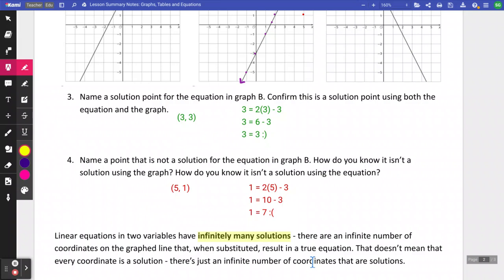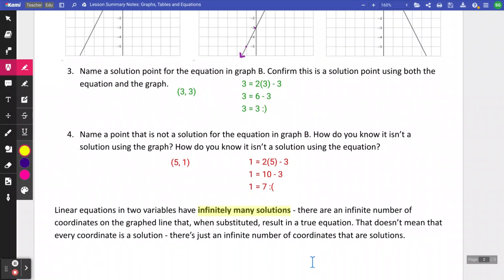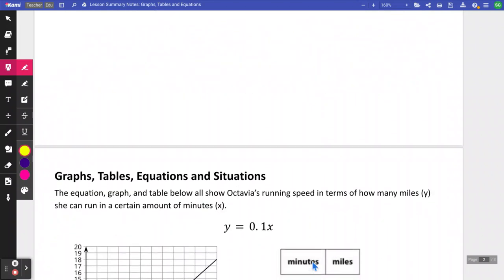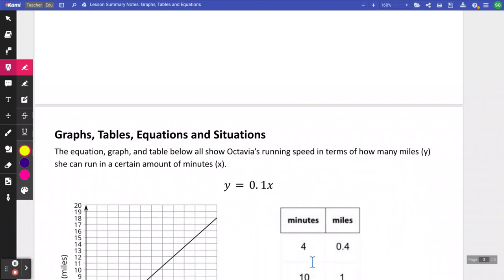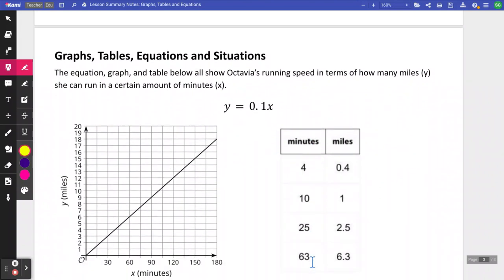Now, the last part of this lesson review, when we're talking about solutions and solution points, it can be a little abstract, which is why our final part here is looking at a real life situation. And I find that for a lot of students, this helps make this idea of a point being a solution point all make sense. So for this last part here,